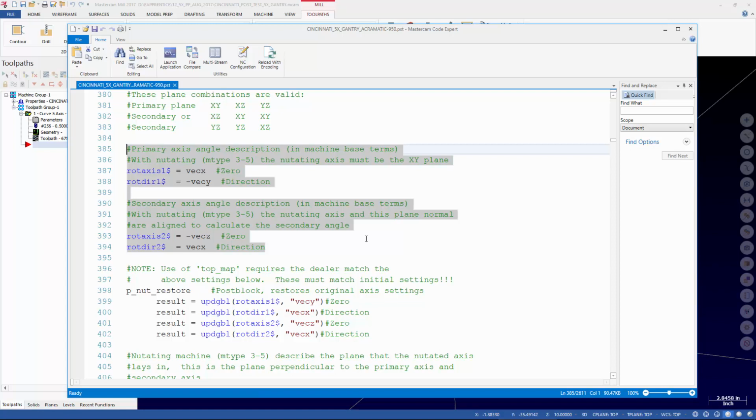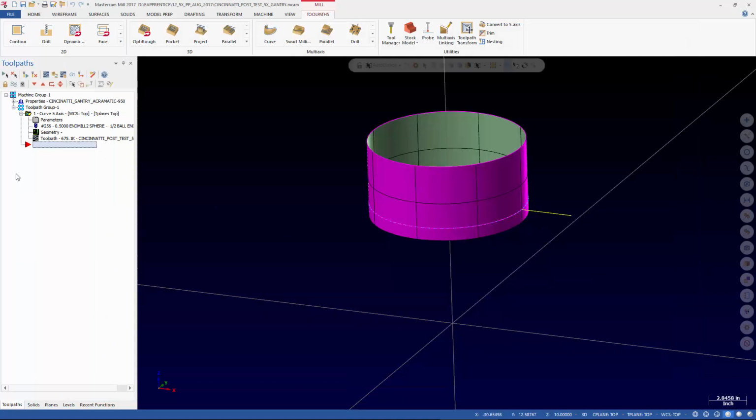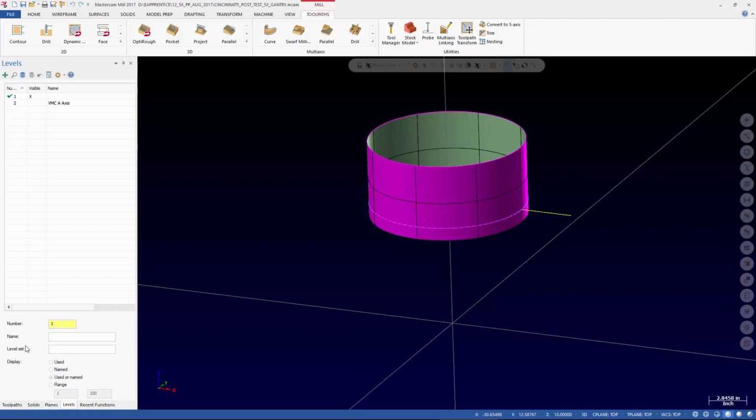Zeke says, if I understand correctly, rot axis $1 must be set to one of the axes that is not the actual primary. That is absolutely correct. So here we've got one line that is facing the x direction, positive, and one line that is facing negative vec y. So if we look in Mastercam and we draw that,